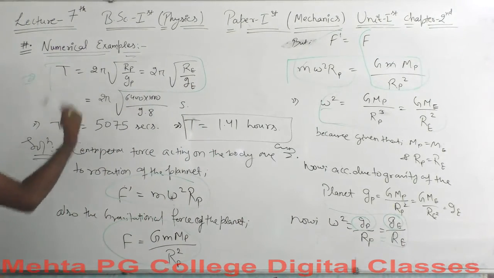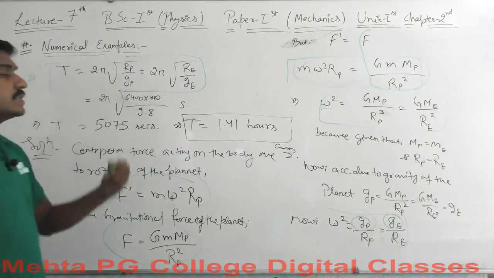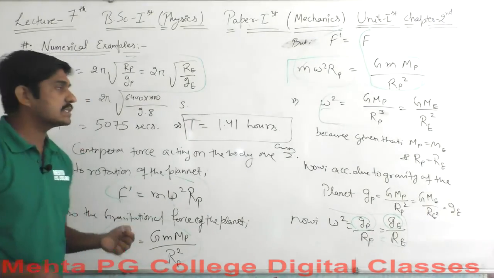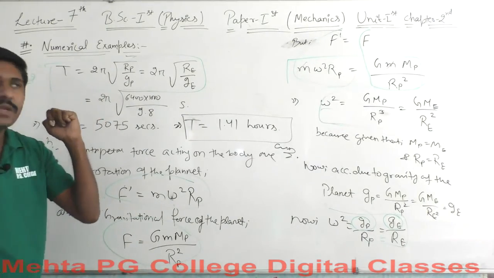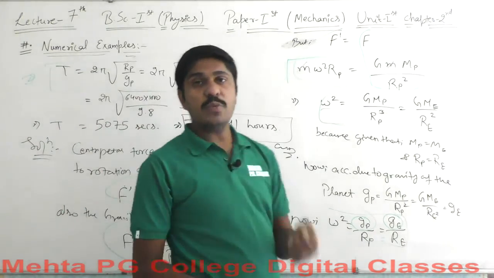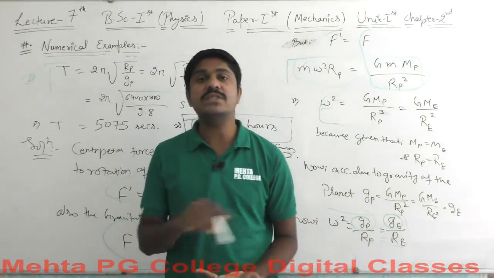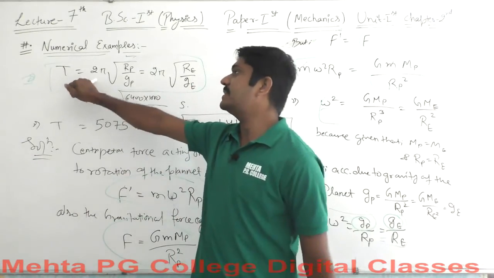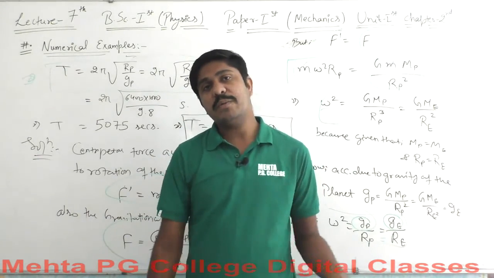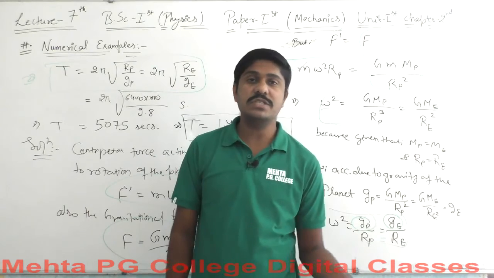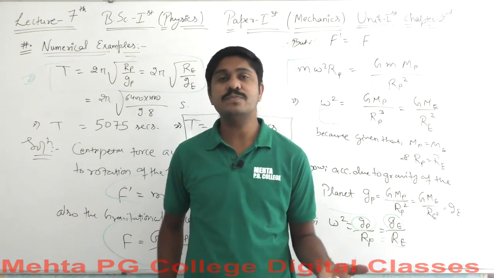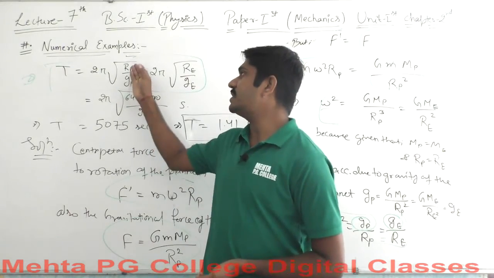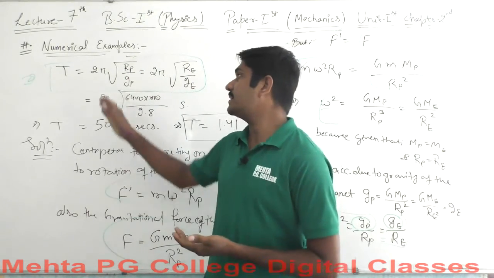Okay, here we are subjected to find the time. Solving for the time, that is equal to 2 pi into this particular value. So why did we say that 2 pi is equal to this? This is the acceleration here. So what does 2 pi mean? 2 pi means rotating on its own axis, saying about a 360-degree rotation. The distance is equal to 2 pi. You remember that speed is equal to distance upon time, so time will be equal to distance upon speed. Okay, so the speed is given by the square root of Gp over Rp, and this is the 2 pi here.